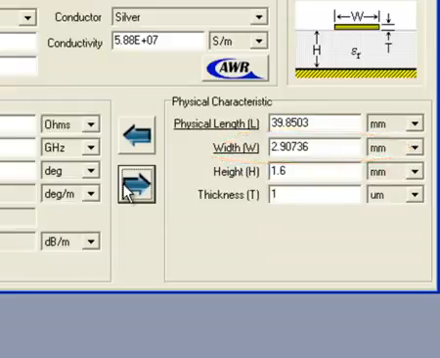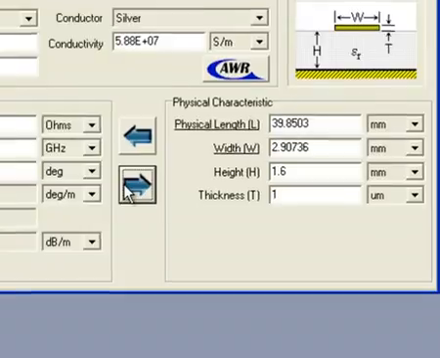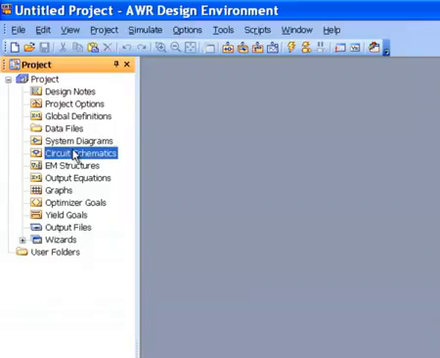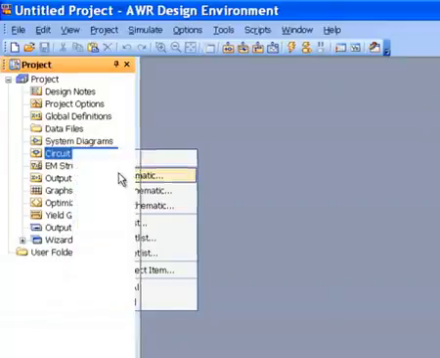Now, how do we test it? We cannot extract a line directly from TX-Line into the simulator. We just have to remember our parameters, and then we'll insert it into a specific model which is used for microstrip lines. So let's go to circuit schematic, open a new one,